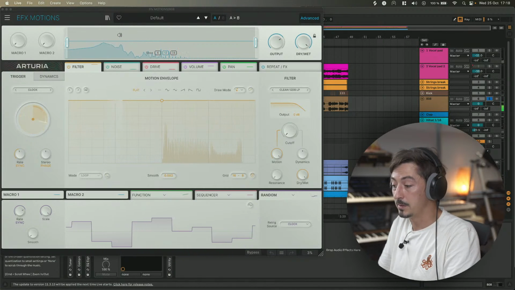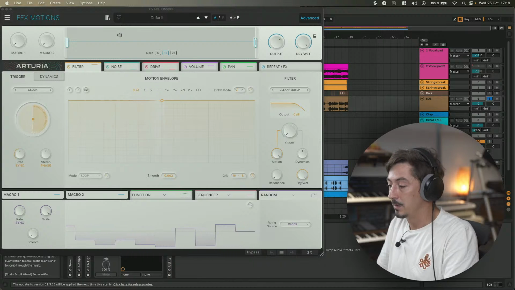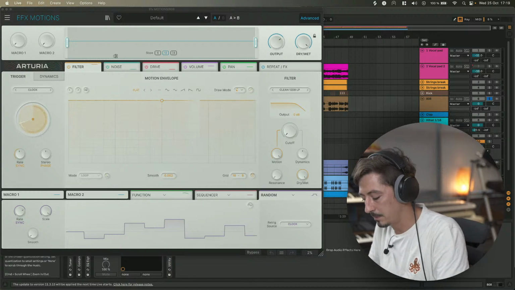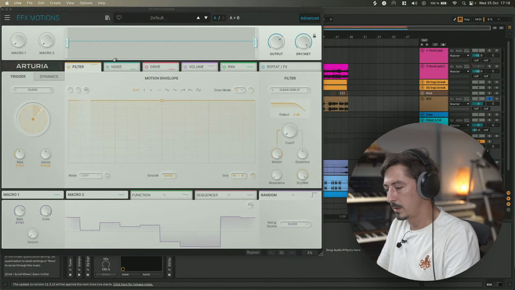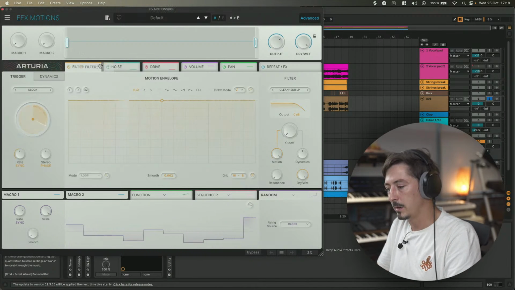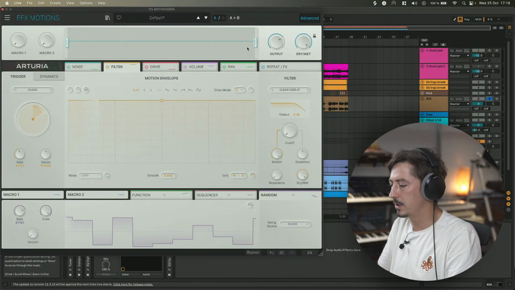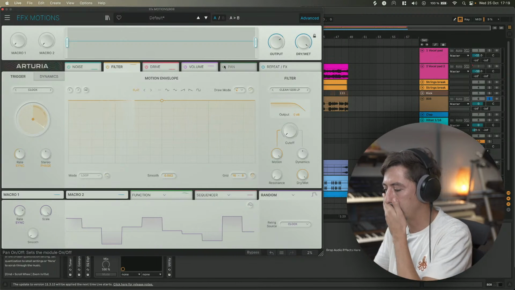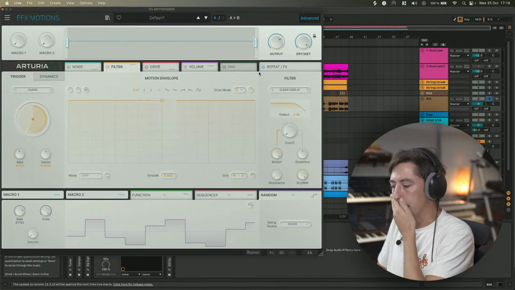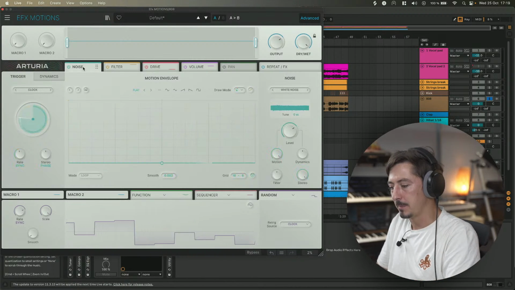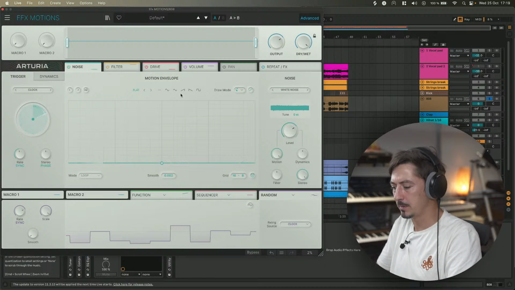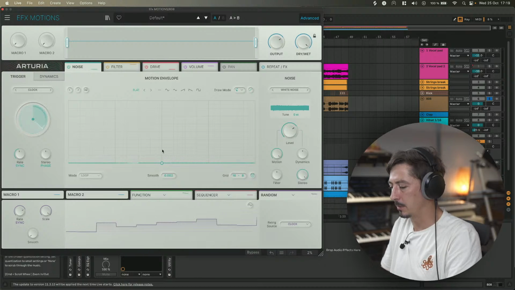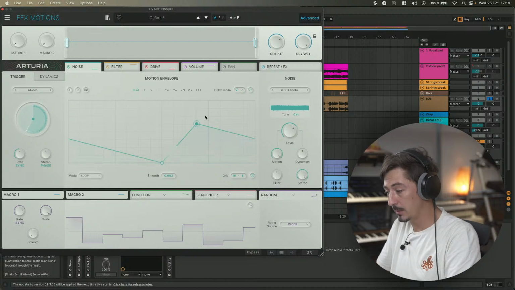I hope you have headphones now, because otherwise you're probably hearing nothing, but motions will help a little bit on this. So what we want to do now is add texture, add distortion maybe. I don't think we'll need padding here. So let's start with a bit of noise. So here I don't really want to hear noise without the 808 playing. So instead of using the curve like this,